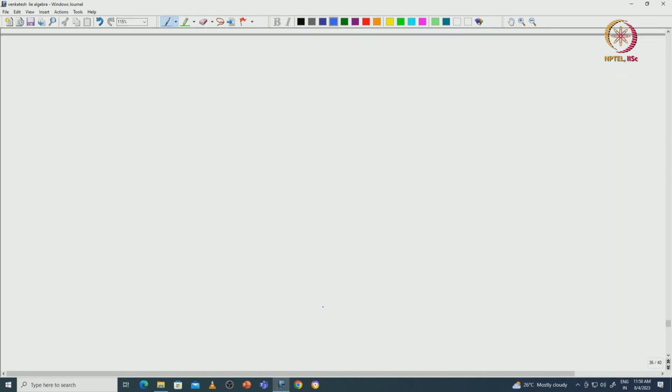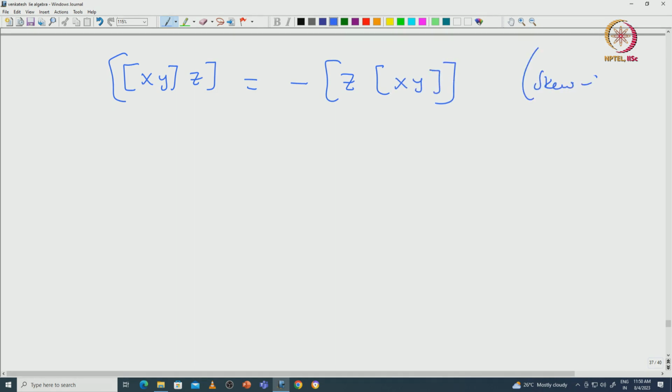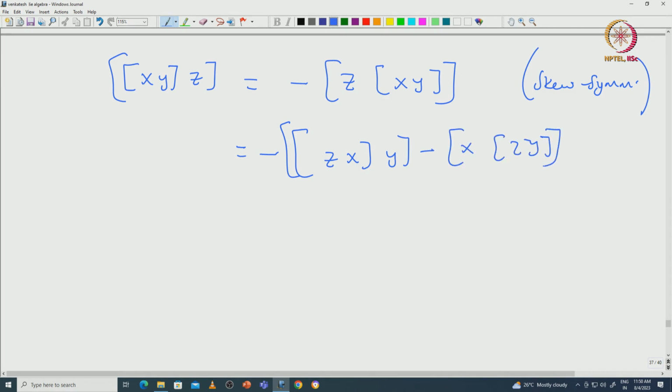The first one is nothing but bracket x y z. Okay. So, now let us use Jacobi identity. To use Jacobi identity, it is better to rewrite this way bracket z bracket x y. This is first we have used what is called skew symmetric. So, now if you rewrite this, this is exactly minus bracket z x y minus bracket x z y, because this is already derivation. So, this is Jacobi identity, or we are using that add z is derivation. Okay. So, then this is now if you rewrite,